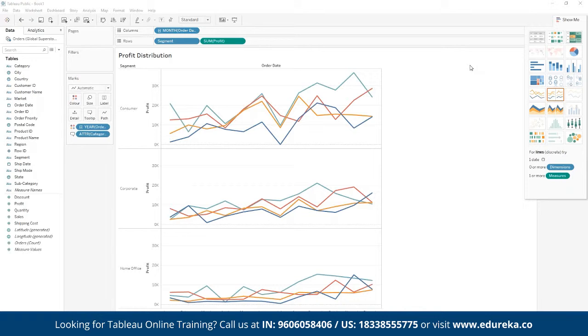And what we can see here is that we have segregated the entire data set into different categories. We have different segments: the consumer segment, the corporate segment, and then the home office. And we have multiple categories for each and every segment also defined here. So we can choose how exactly we want to visualize and present these, depending upon